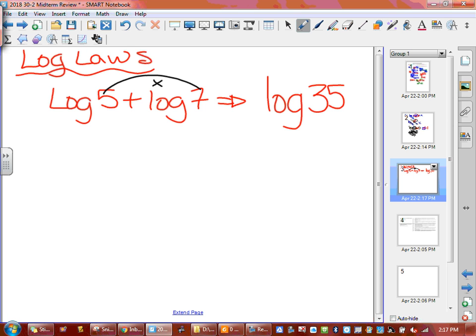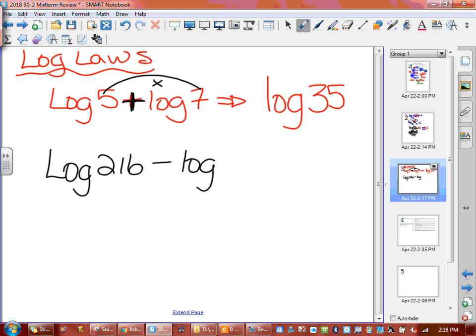And then they would ask you to solve that, because you can't. You type in log 35, enter. Okay? So that's your base log law when you're adding. If they are separated by an addition sign, that means you're multiplying the arguments. Now we're going to do the exact opposite. If I've got log of 216 minusing log 6,